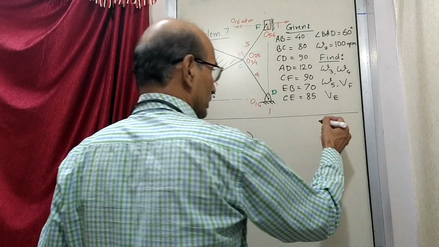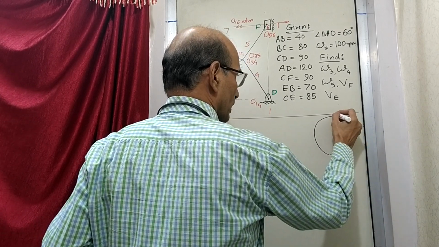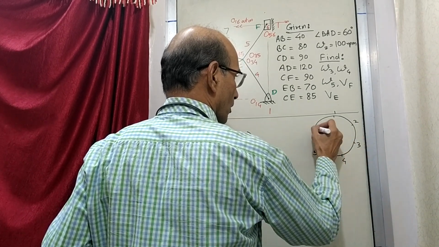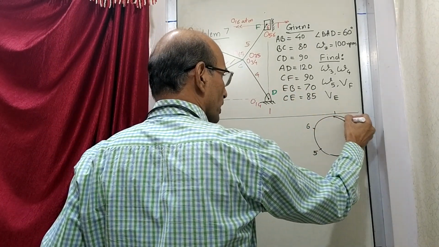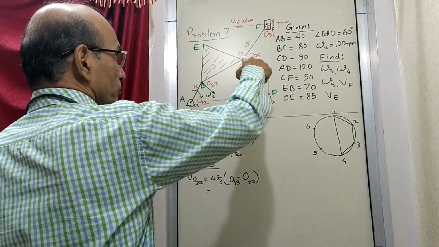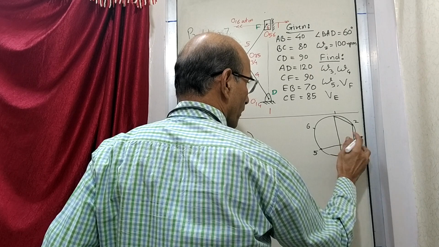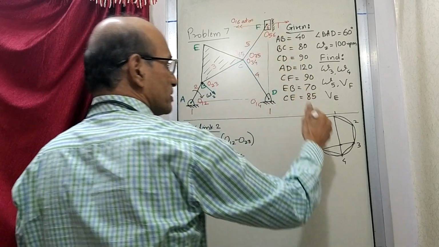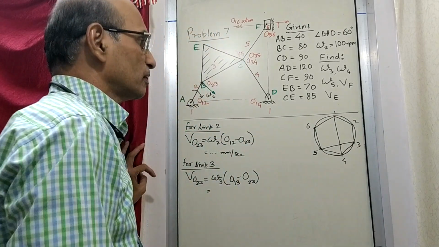For that we will make a Kennedy circle here, and on that we will write the different points. Divide that into 6 parts, and then whatever points are known: 1,2 is there, 2,3 is there, 3,4 is there, 1,4 is there. Then there is 3,5 and 4,5, 3 with 5, 4 with 5, and 5 with 6, and 1 with 6. So these are the centers that are already known.